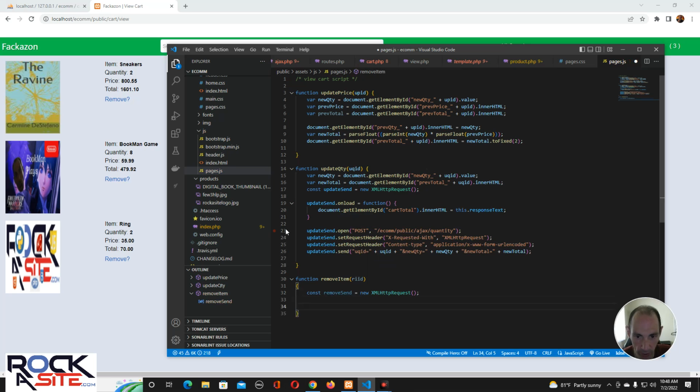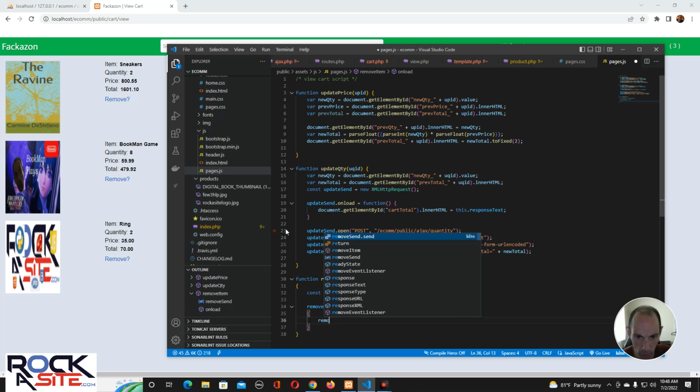And then we're just going to run a function. Remove send dot onload equals function. And within that function, we're going to take remove response and just say res equals that, and then we're going to say remove response res